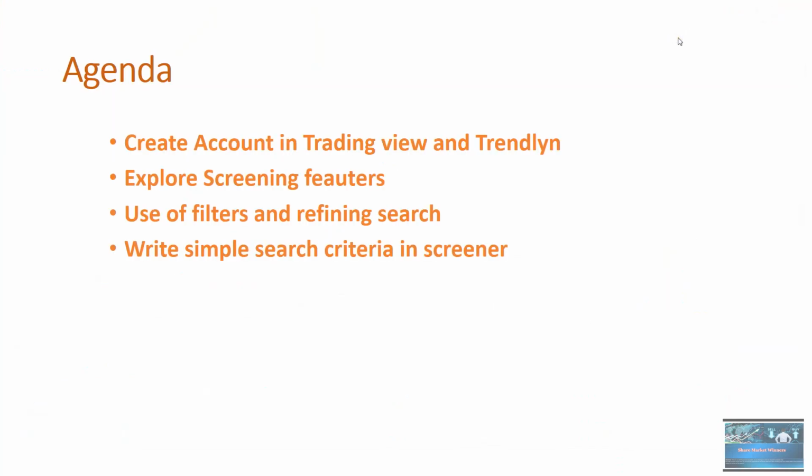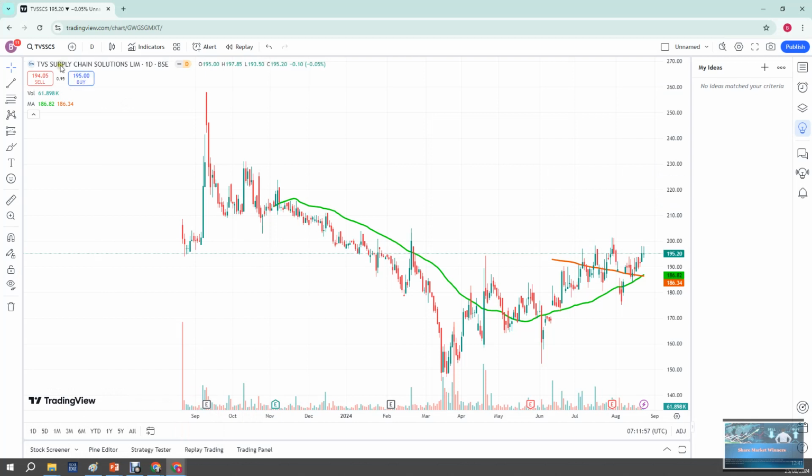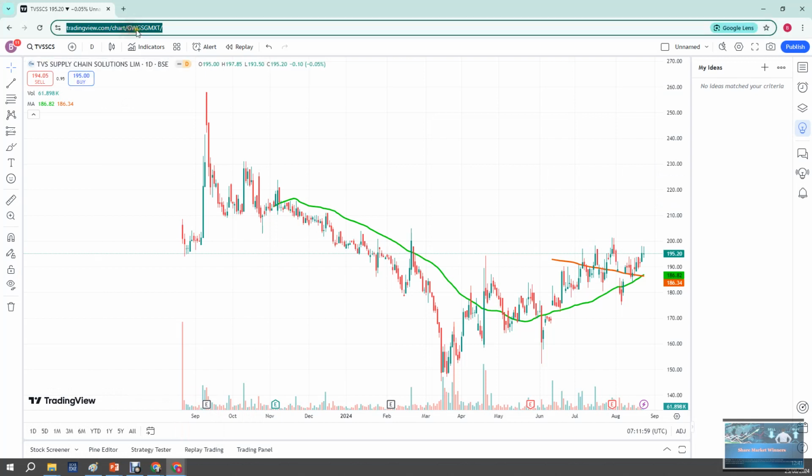So in this we have seen how trendlines can be used, and in TradingView, I don't know whether you have used it for screening, but I can show you how to use TradingView for screening as well. Okay,